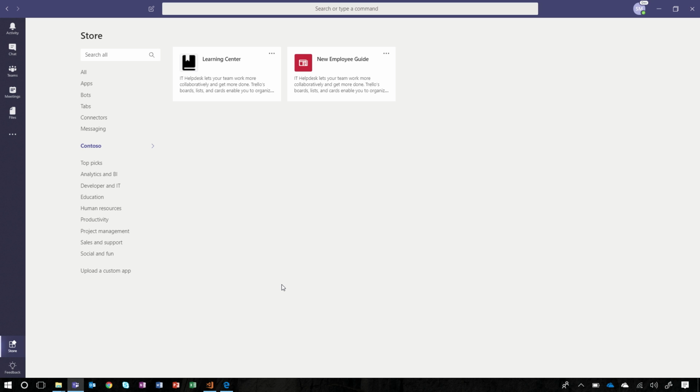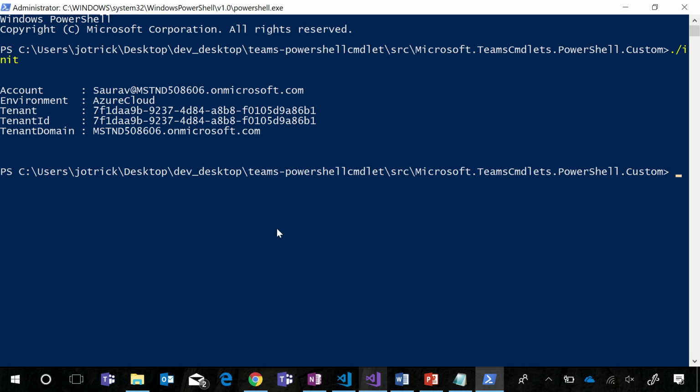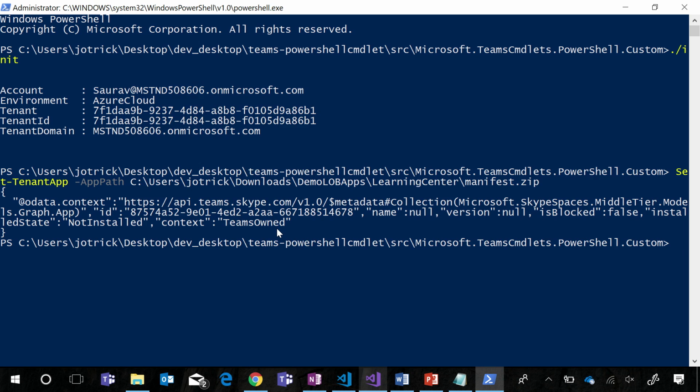Now that we've covered how to manage the enterprise catalog through the client, Josh is going to show us how we can manage the line of business app catalog programmatically through commandlets and the Microsoft Graph APIs. Let's take a look at a demo of how these commandlets can help you manage your tenant apps. To begin with, we can create a tenant app by running the set tenant app command. This command takes as a parameter the file path to the app package that we would like to create for our tenant. When we run this command and get a successful response,